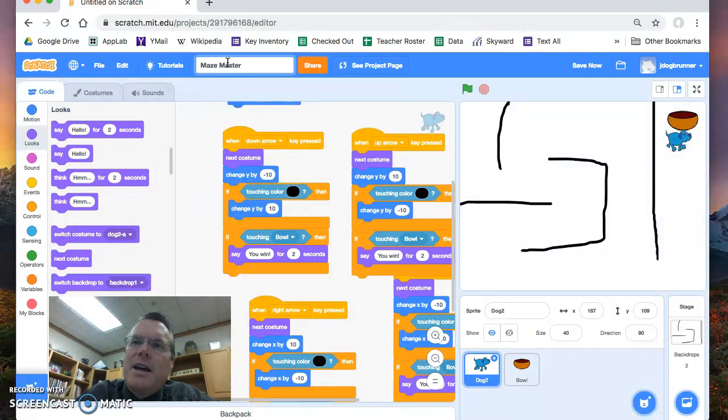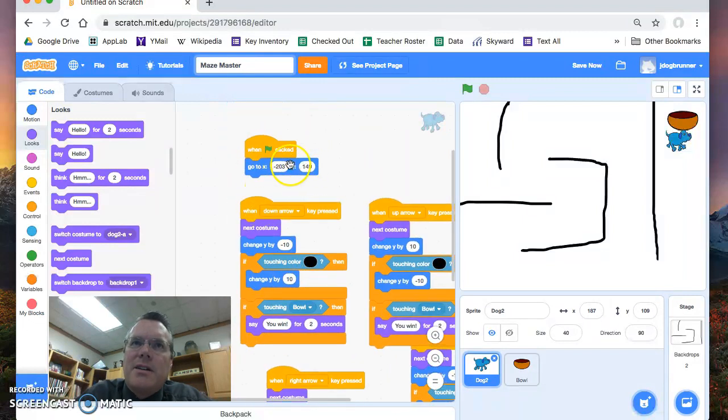Number two would be you could add in a sprite that sends the player back to start. So if you added in here like a spider and did the same check here that says if it's touching the spider, then go back to here, that would be a fun way to do it, especially if you could program it so the spider was moving